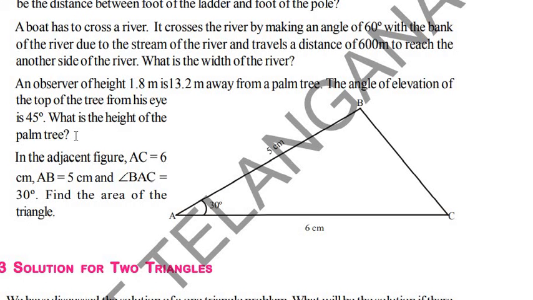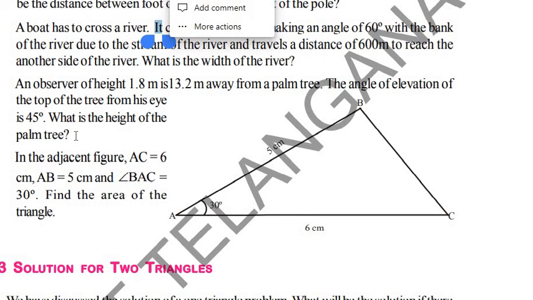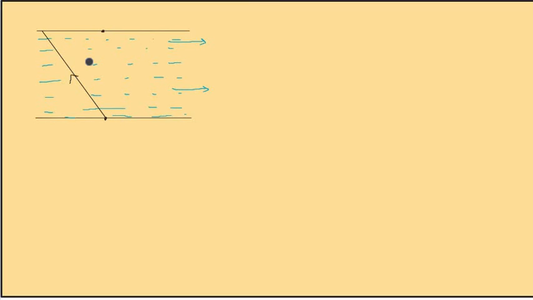That's what he is saying. The boat has to cross the river. It crosses the river by making an angle of 60 degrees with the bank of the river. Where is the bank of the river? This is the bank of the river. This is the bank of the river. Bank means, you know, Oddu. So this angle is 60 degrees. Or you can say this angle also 60 degrees. Alternate interior angles equal, right? Such that you reach here, straight. Got it? And one more, he said,